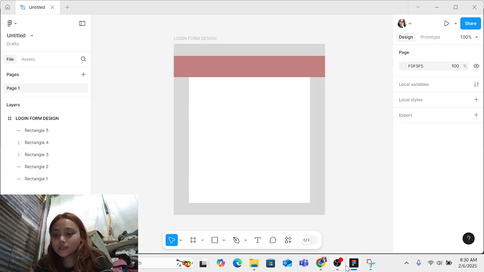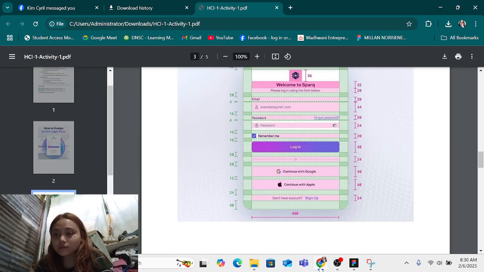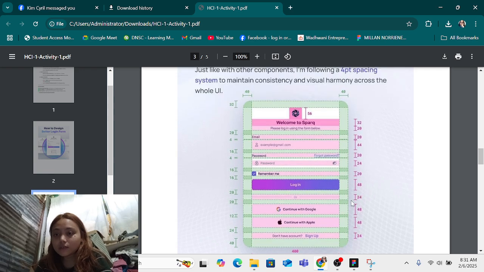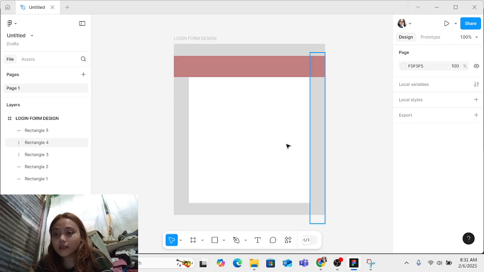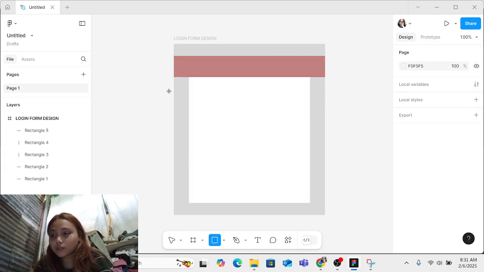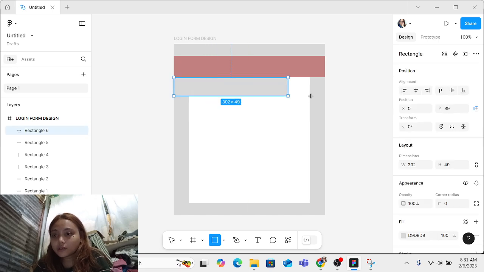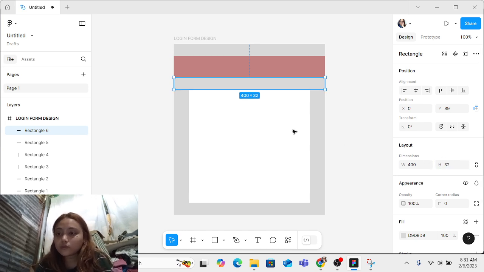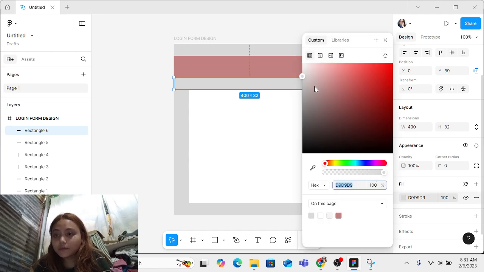Next is the size for the text. So it's 32. So let's put another rectangle. So let's put the size of 32. Let's change the color.